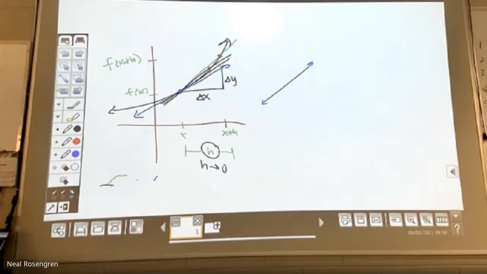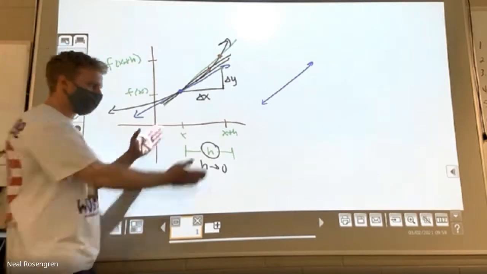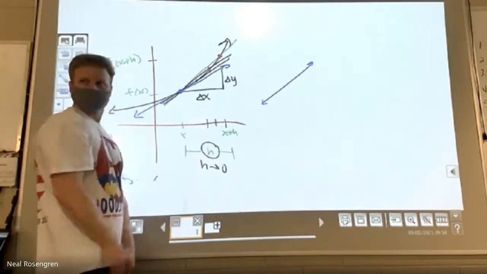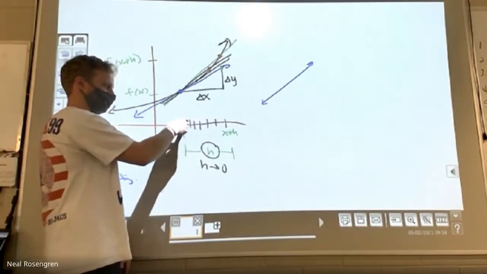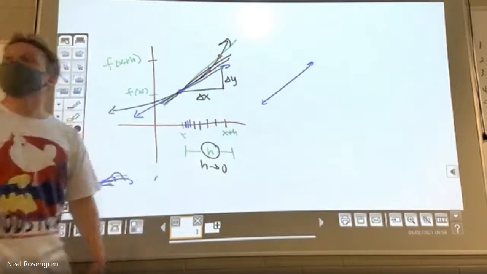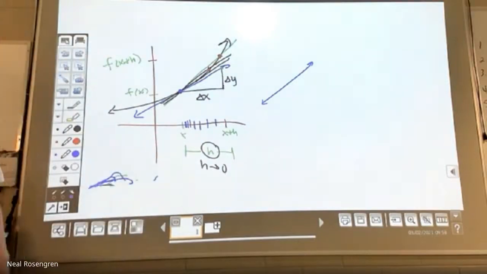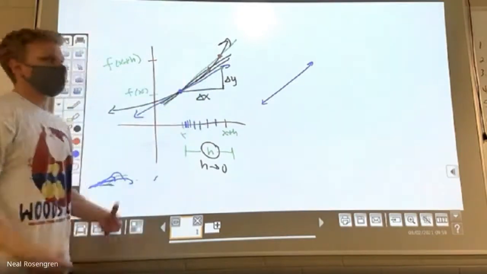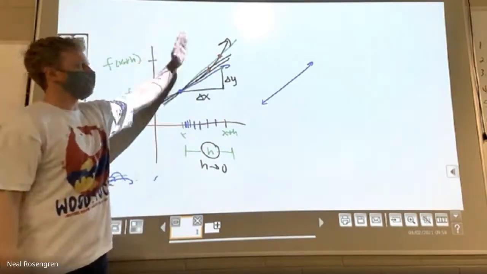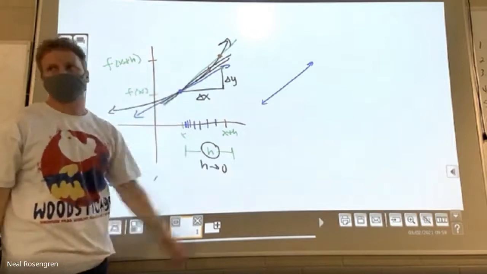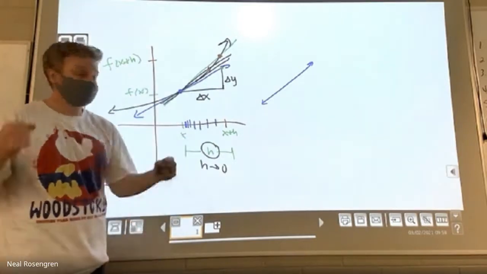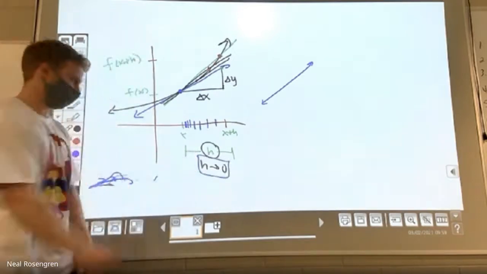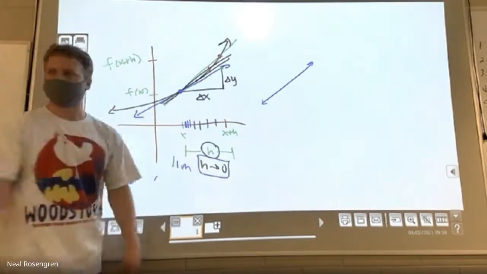And so what Newton and Leibniz started to think about was, okay, I have 2 points. I've got this point, but then I'm going to take this one, and then this one, and this one, and this one, and I'm going to see what's happening as we approach that spot. As this point gets closer and closer to this one, the green line should start to flatten out a little bit and become the blue line. Now, I can't actually let them become the same points. I'm just going to let them approach the same points by taking the limit.